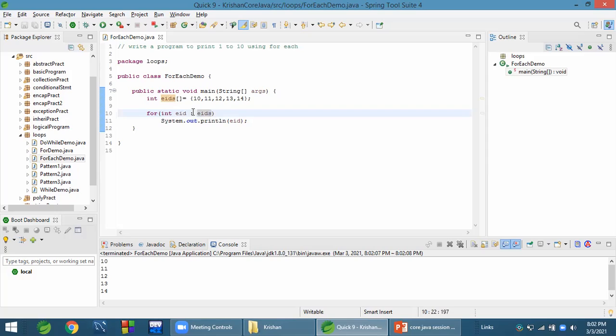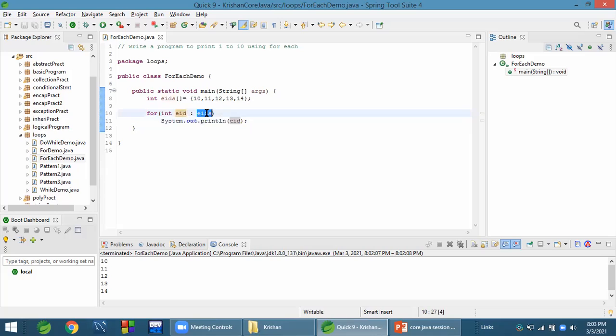Here a colon, and here we declare one variable of this type. This is an int type of array, it means this array's elements are integer. So we declare one integer variable here, give colon, and give the name of the array in which all elements are available. What happens? First element goes to this EID, it will print.